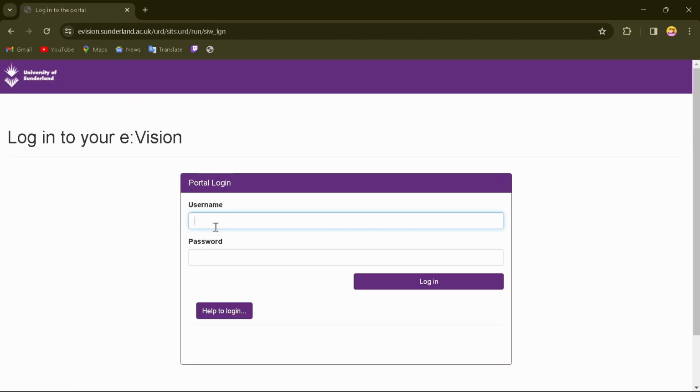Now what you can do is just simply enter your account's username. After entering your account's username, what you can do is just enter your account's password. Now after entering your account's password, just tap on login, and after tapping on login, you'll successfully log into your